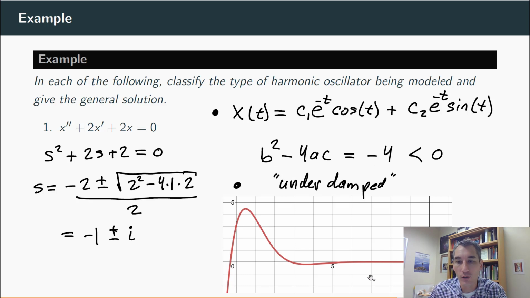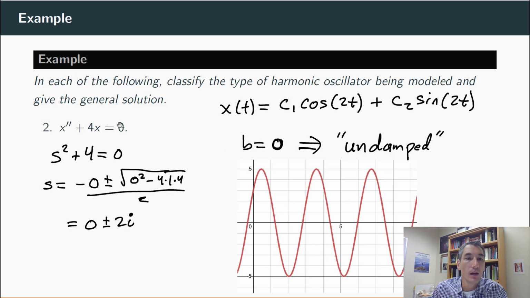I drew a graph here. You can see that the oscillation persists and then decays down. So instead of asymptotically going to 0, we actually do get a bounce in the spring coming from the fact that we have sine and cosine here. The second example, there's no friction term, so this is going to end up being called